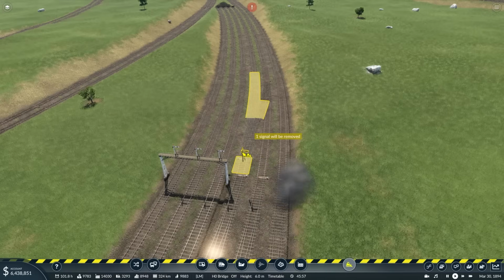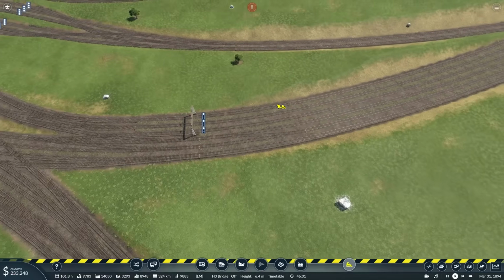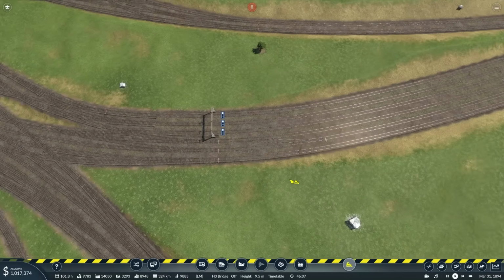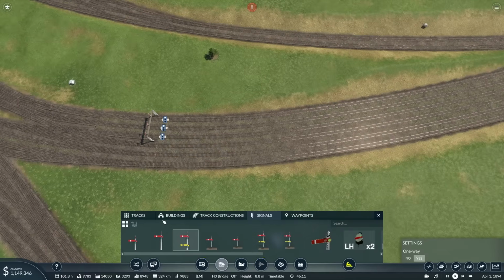This, and this can all be removed. That's carriage sidings here, so that's fine. I think that one's a carriage siding there as well, which is why it exists like that, which I guess is fine as well. What I'm going to do here is